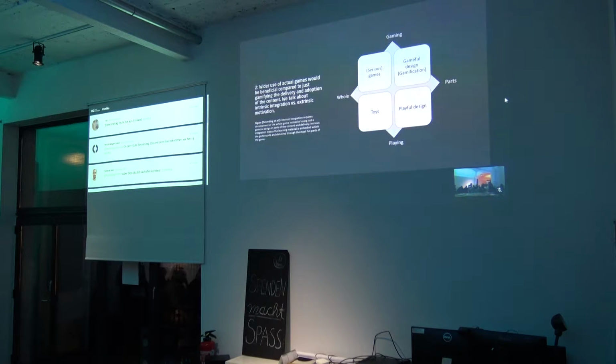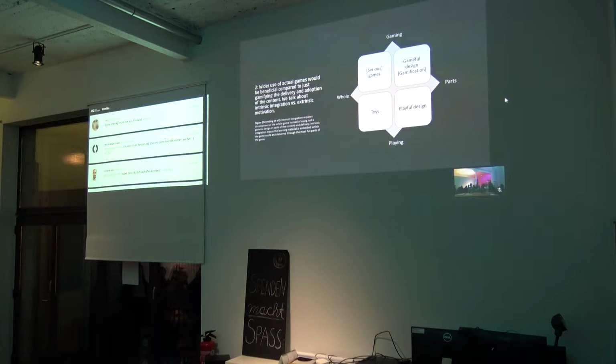Another point on educational gaming is that the badges and points and leaderboards method isn't the best way of delivering the learning content to the users.